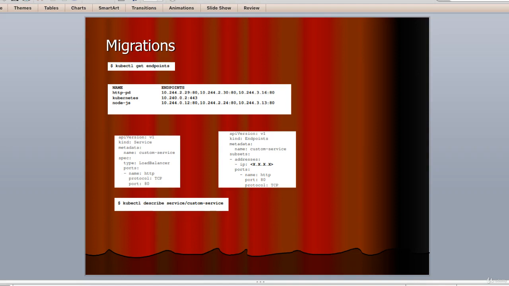Now, to allow access to non-pod based applications, the service construct allows you to use endpoints that are outside the cluster. Kubernetes is actually creating an endpoint resource every time you create a service that uses a selector. The endpoint object keeps track of the pod IPs in the load balancing pool. You can see this by running a get endpoints command. You should see something similar to this.